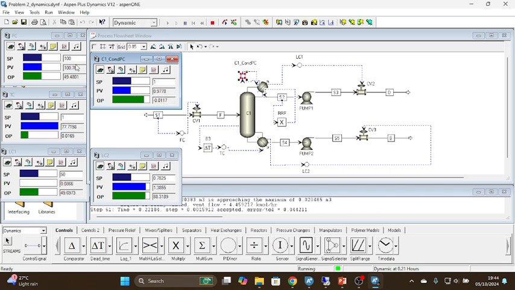So over here you can see that all the values are changing. For 100,